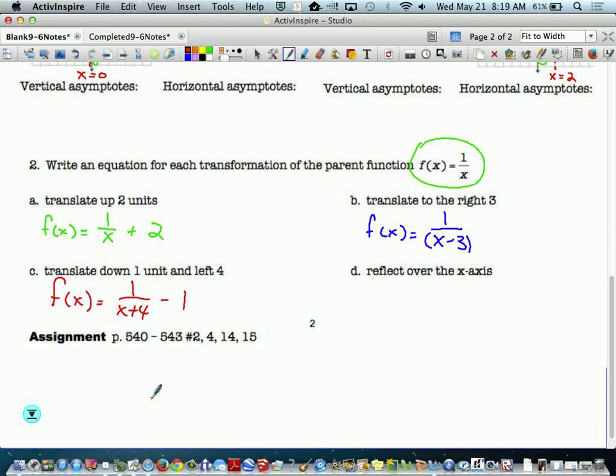Rose, last one. But this is, flipping it over the